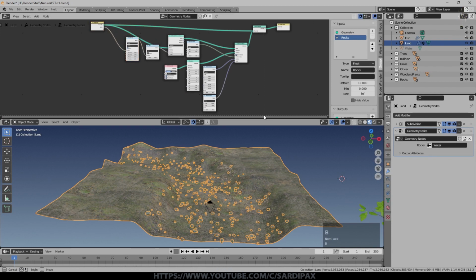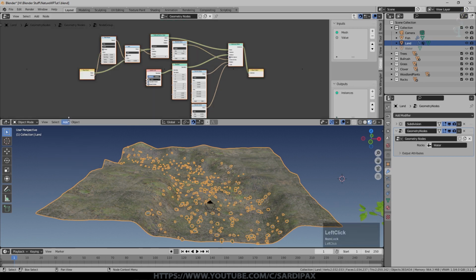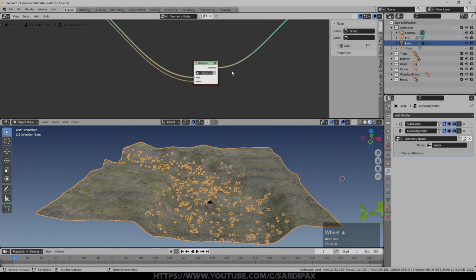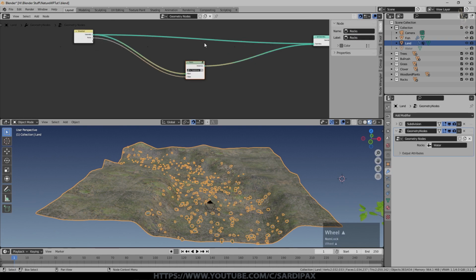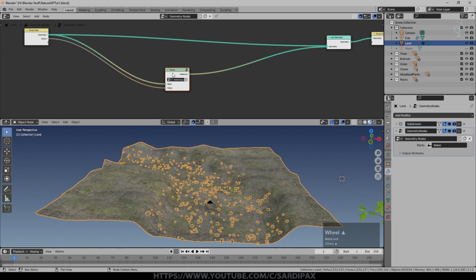So I'm now going to select all of these nodes, and then under nodes, I will make it a group. It seems to just change oddly to start with, but that's because you're inside that group. If I press Tab, we can come out of it and it says node group. And we can go up to here and just say rocks, and give it a label of rocks as well. There is our original geometry node setup, and there is our group, which is rocks. The reason I made it a group is so that it's easy to copy it and make new ones.